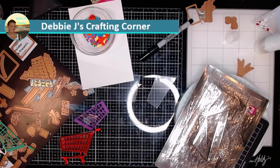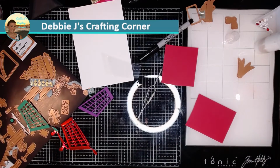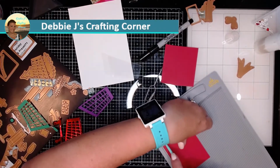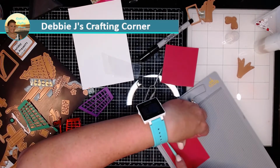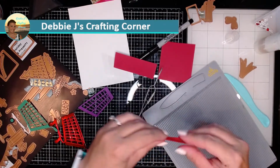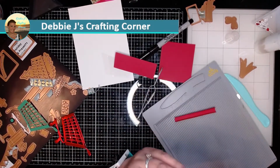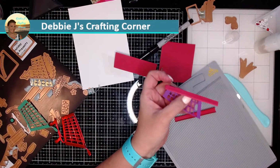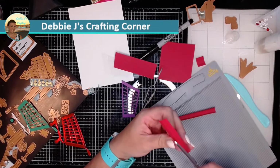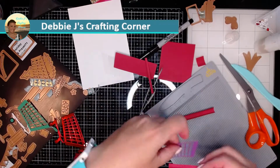But I fought with this card so much. This is actually my second run through trying to get the shaker box made. Now, my recommendation at this point, after having attempted it twice, is build the cart around the shaker. So die cut your front and back piece. The cart part has got an outline and it has got all the grids out, so it's perfect to be able to do that. So build the cart, the inside of that cart, that shaker box,